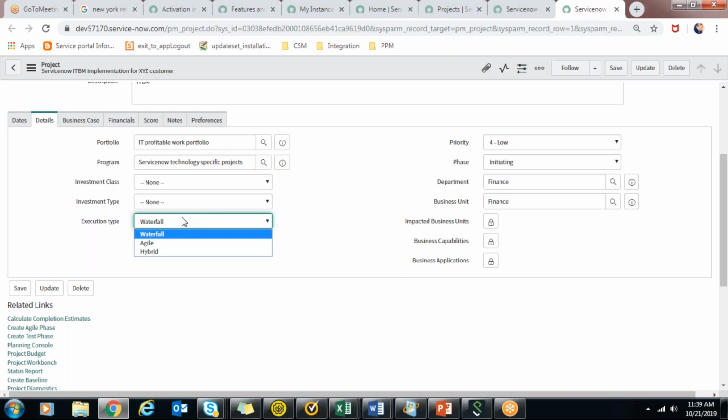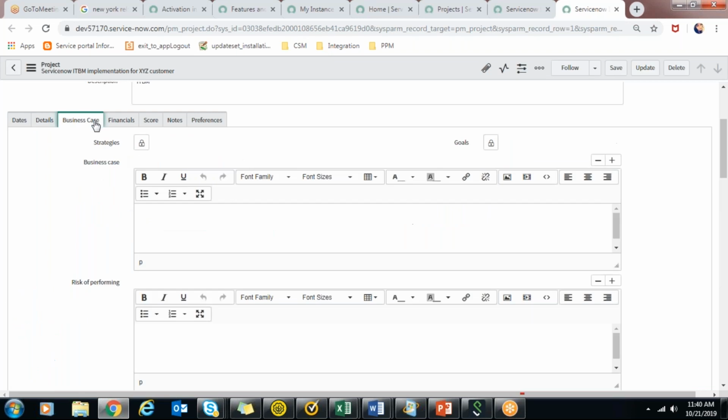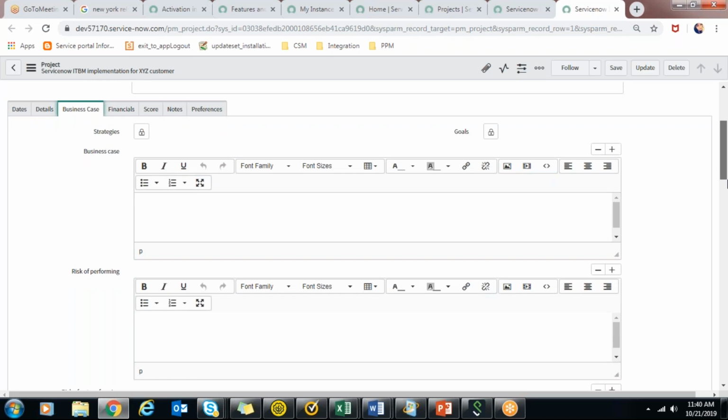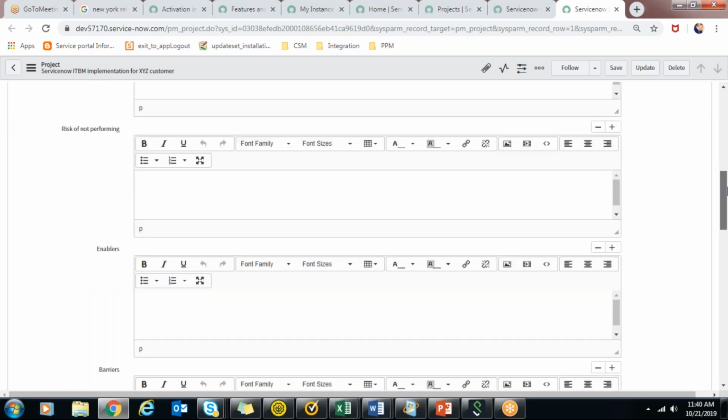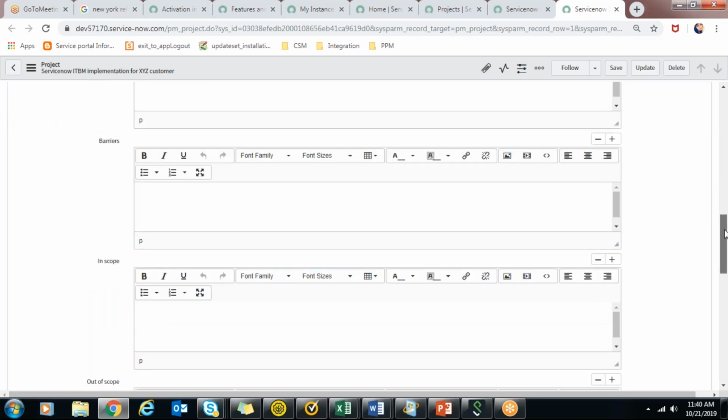What is the priority of the project and the phase and department, impacted business units and capabilities and business applications, you can all define here. This business case is the same that we saw in demand: the strategies, goals, business case, risk of not performing, enablers, barriers, in scope, out of scope.